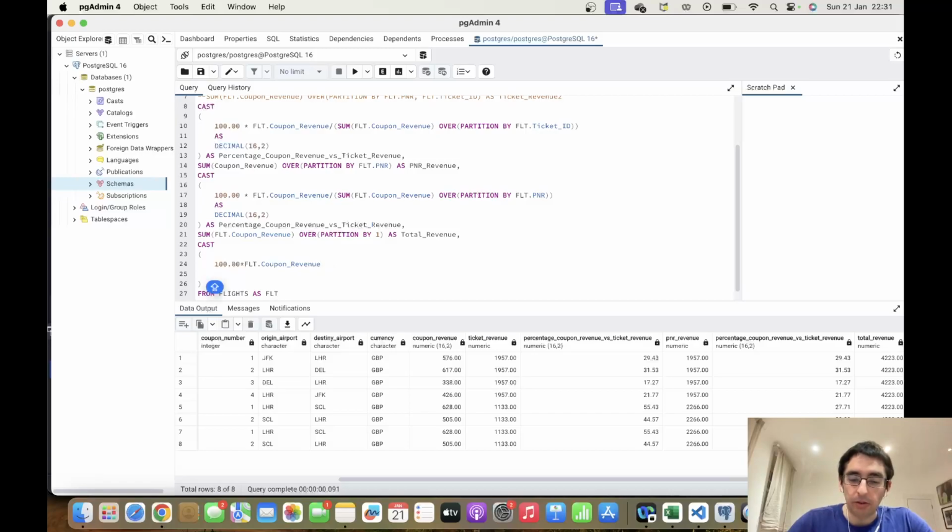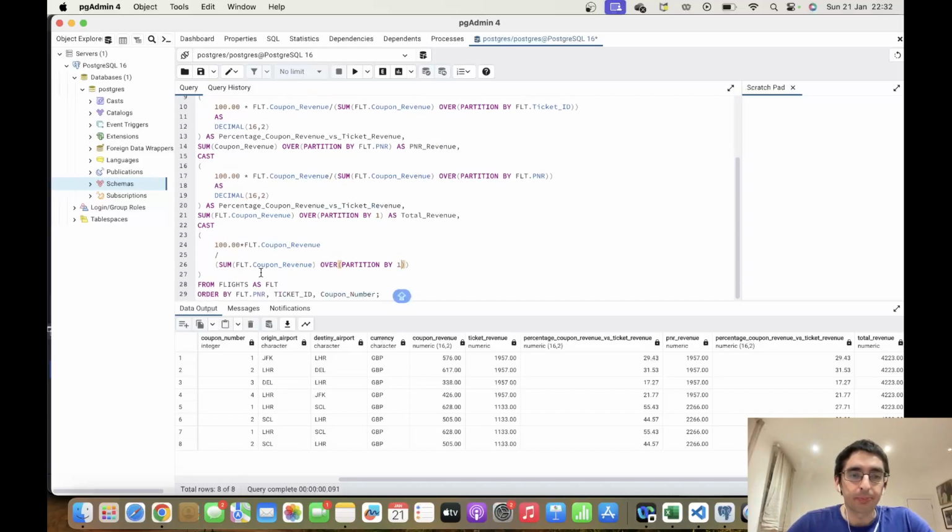Divided, or I could have divided like this, maybe it's easier for the audience. Sum, right? FLT dot coupon revenue over partition by 1 as decimal 16.2,